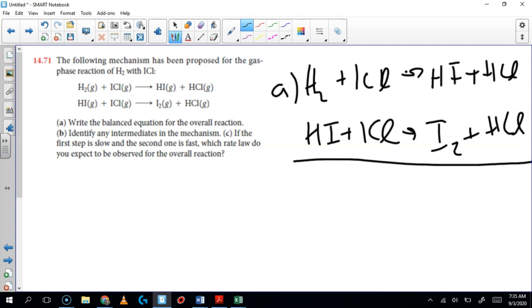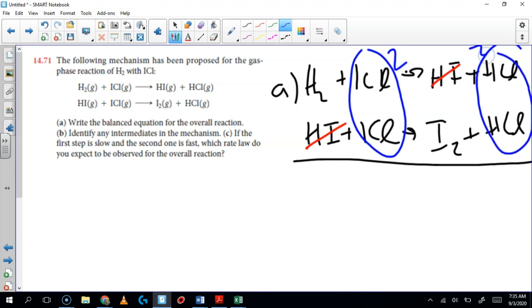We combine like terms and cancel out things that are on opposite sides. So when we do that, we have HI and HI, and then we have 2I. We can combine these into two, and combine this into 2. So we end up with,